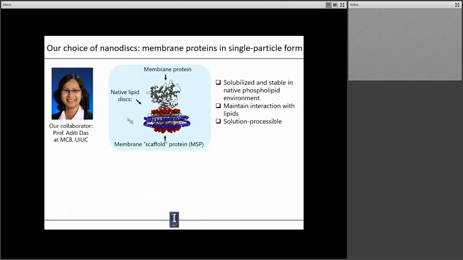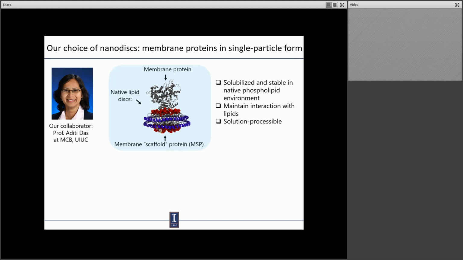Our system is nanodisk. This is a technique developed in the molecular biology department of UIUC. And we have a collaborator, Professor Aditi Das, to retrain and teach us on the sample preparation. As shown in the schematic here, a nanodisk actually includes 3 components. The membrane protein of our interest in the middle, wrapped by rafts of lipid bilayer, much like how they sit in a cellular membrane, and then a membrane scaffold protein to encircle the lipid bilayer to make sure it's stable. I'd like to comment here that those 3 components are all put together through non-covalent interactions and self-assembly,